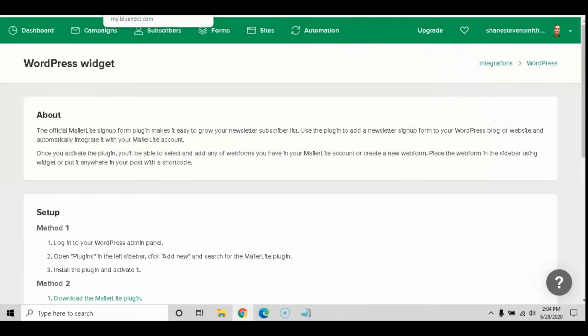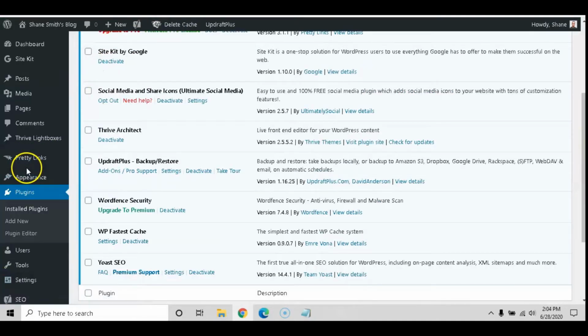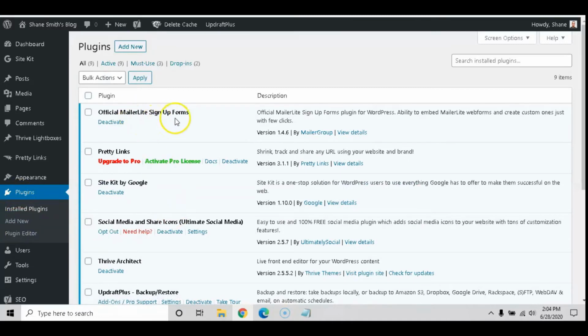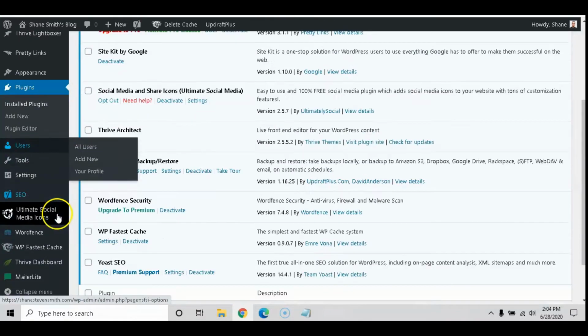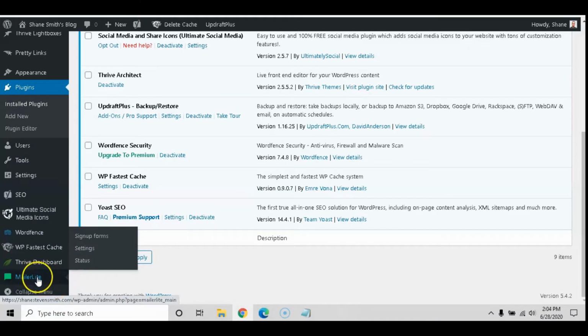Then you want to go back over to your dashboard on your WordPress website, go to Plugins, which is right here, and select Add New. Now the plugin you're going to be looking for is the official Mailerlite sign-up form. Once you've added it and installed it, go ahead and activate it, and it will be right there on your activated plugins list. Scroll down to the bottom of your dashboard on your website, click on the Mailerlite plugin,